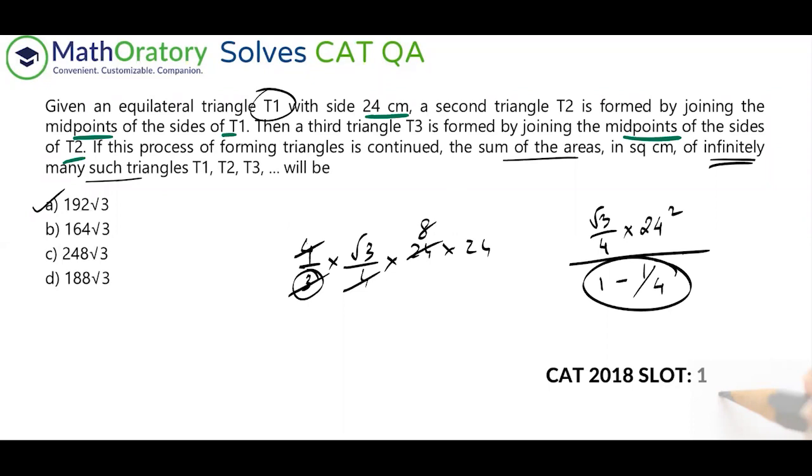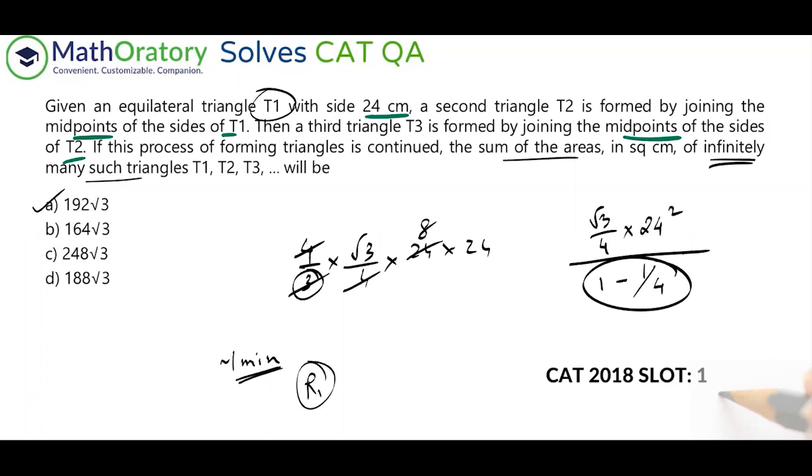So depending on how comfortable you are, if you already know that joining the midpoint will enable you to get 1/4 of the area, hardly a 30-second problem. But even if you don't know that, you just draw the figure, use similarity, or use the folding idea that I discussed here. Whichever way you want to visualize that, you come to that 1/4 quickly, and then automatically the rest of it becomes easy. So I would say 1 minute is fine for this problem. You can actually solve it in 30 seconds or something. Just that 1 minute is also fine, and definitely a first round question, because it's geometry.